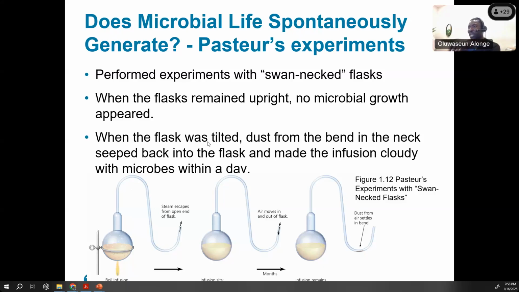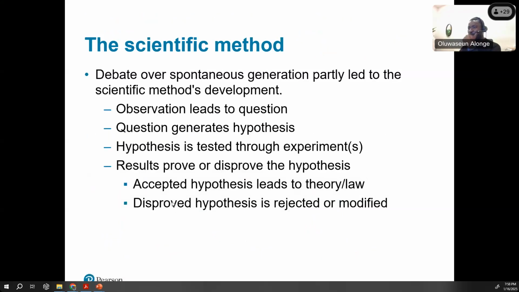When the flask was tilted, dust from the bend in the neck switched back into the flask and made the infusion cloudy. Okay, let's go. I'll talk about that. I think I'll talk about the pasteurization later when I'm talking about fermentation. So this scientific method talks generally about that you have